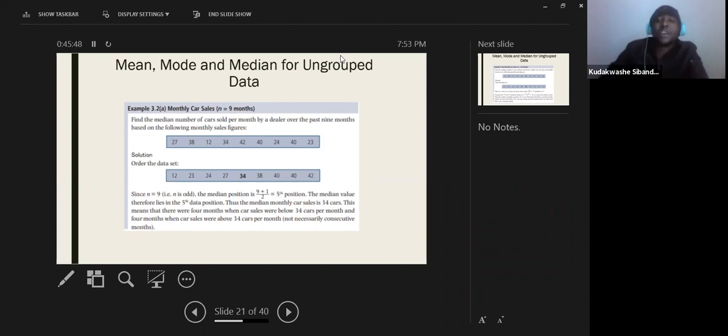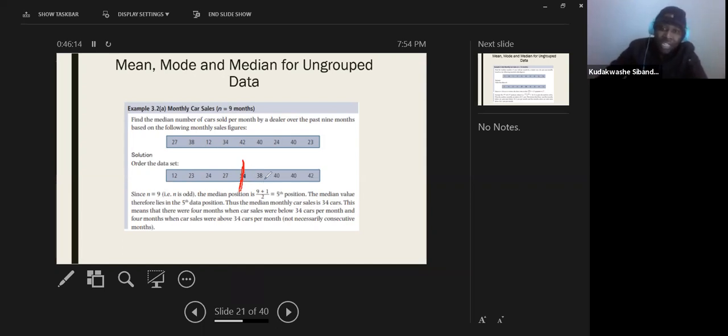So after you get that it is the fifth position, you come here: this is the first, second, third, fourth, and this is the fifth position. So basically the median is 34. This 34 value separates the whole data into two halves. Let's check if this is correct. So values above this value,